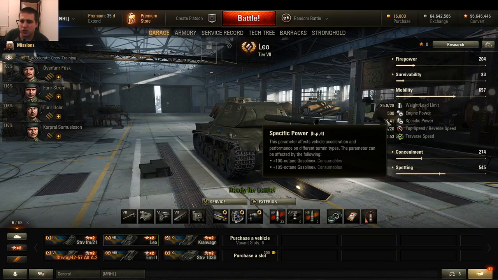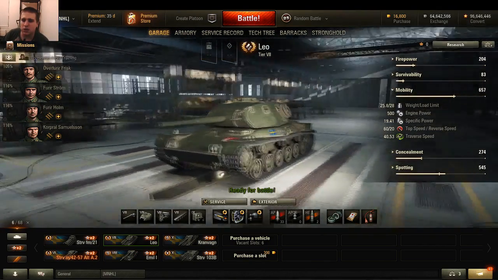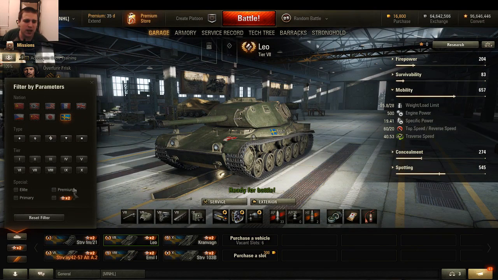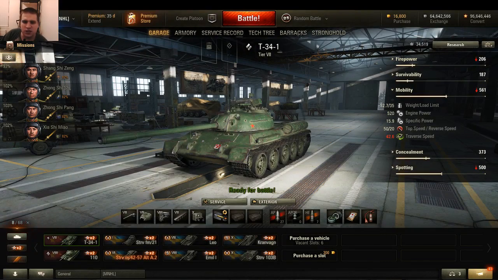But if we look at the maneuverability, this thing has almost 20 horsepower per ton without using any consumables, and a top speed of 60 kilometers an hour and a traverse speed of 40 degrees. This makes me think, in a way, that this tank should be played similar to the T-34-1. As you can see there, it's got slightly better top speed, similar traverse speed, and it actually has a better